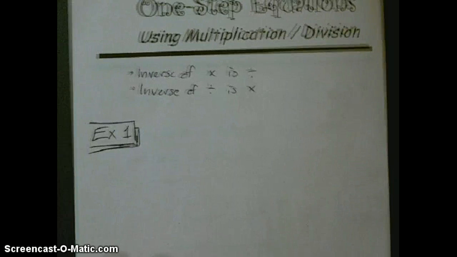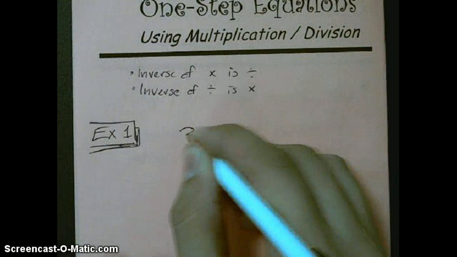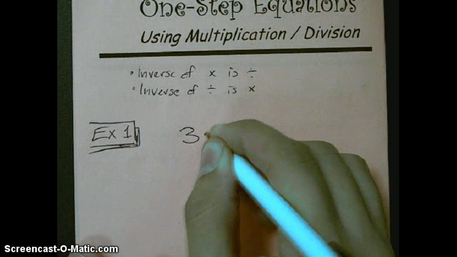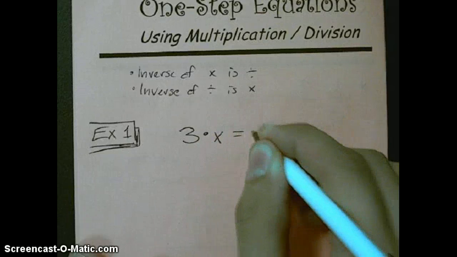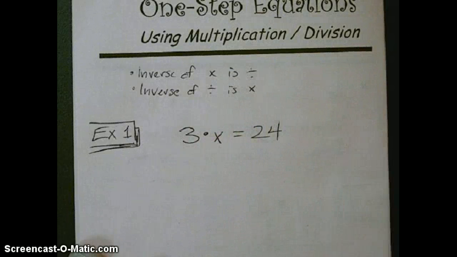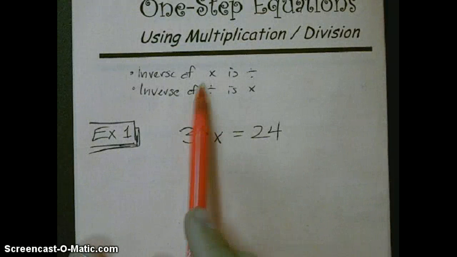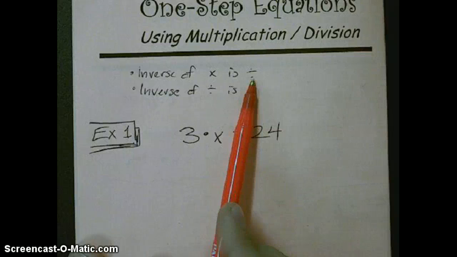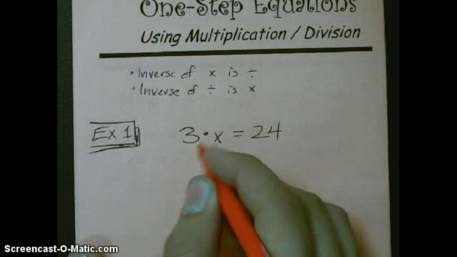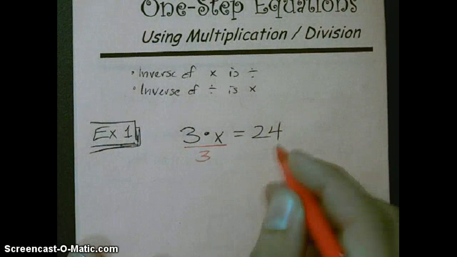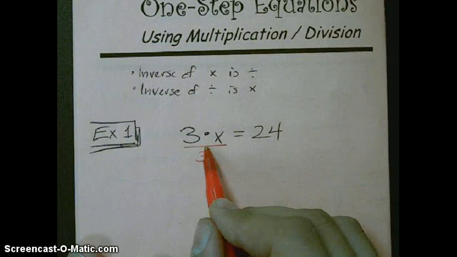Okay. Here's our first example. We have 3 times x equals 24. Now I have a separate color, so I'm going to use a separate color for this. You might not have one, but so first of all, we ask ourselves, well, what's the operation here? It's timesing. So what's the opposite, the inverse of timesing? Look up here. It's to divide. Now here's how we divide. We put a little slash over there. But if we divide the left side by 3,